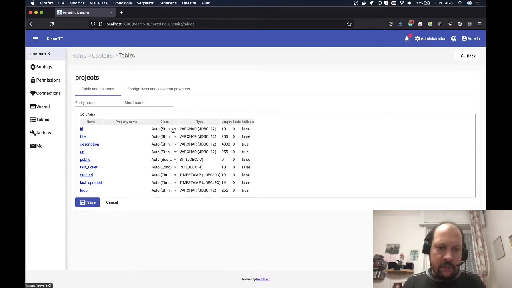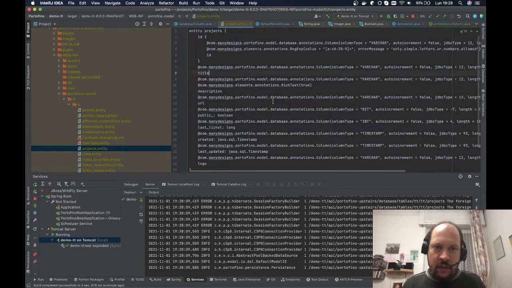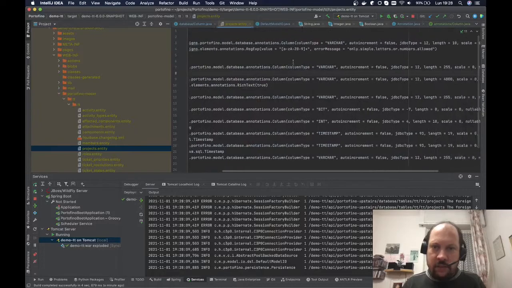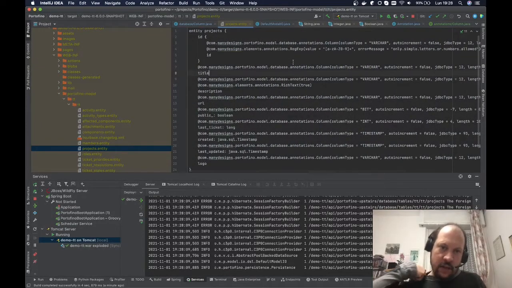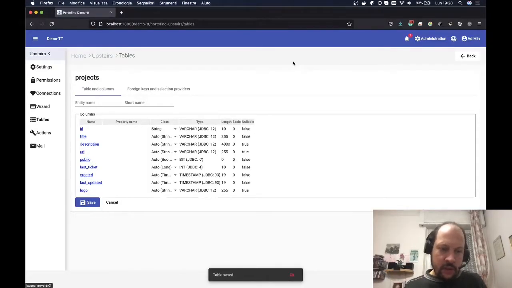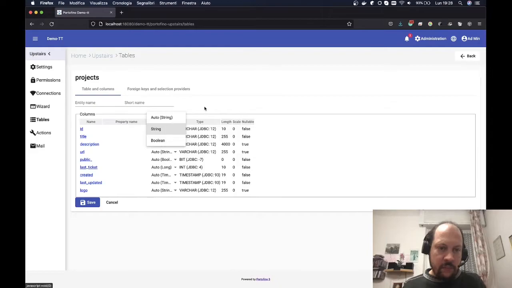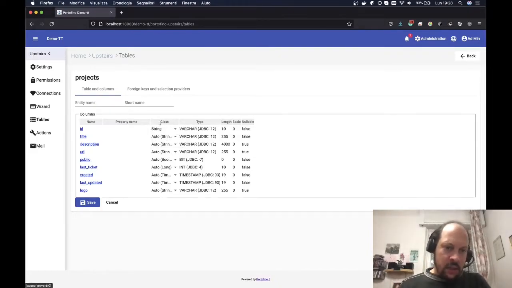I'm not sure this works. Oh, this has remained string, but yeah, I'm not sure because this was in Portofino. It was the other way around, so this information was stored